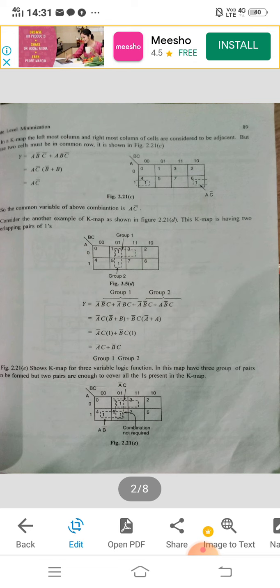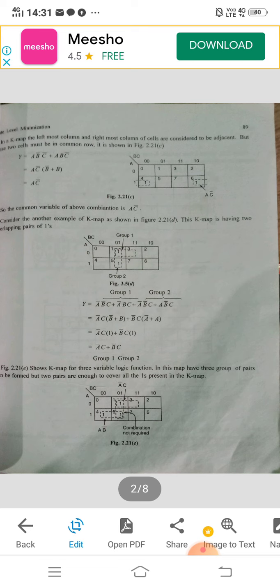Second, you can also group like this, as here the ones are at the 4 position and the 6 position. So corners also you can attach with each other; corners also you can group. Similarly, next here 3 ones are there, but 3 ones can't be grouped together. As I told, everything will be grouped in 2 to the power 0, 2 to the power 1, 2 to the power 2, 2 to the power 3.